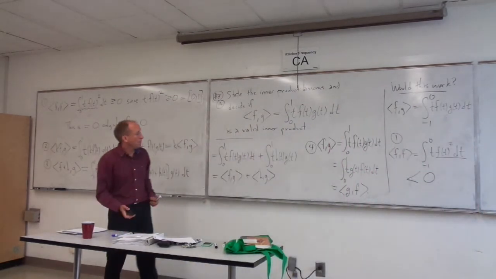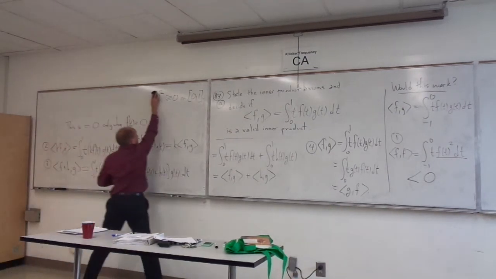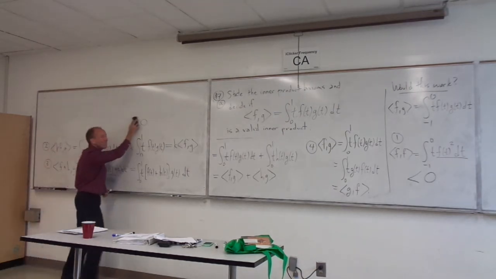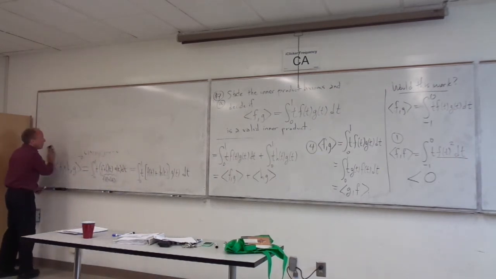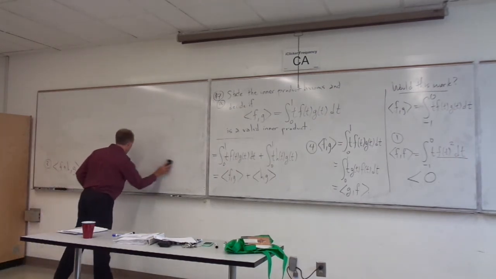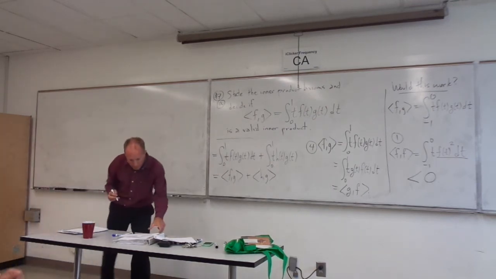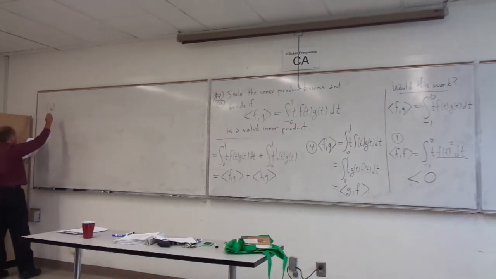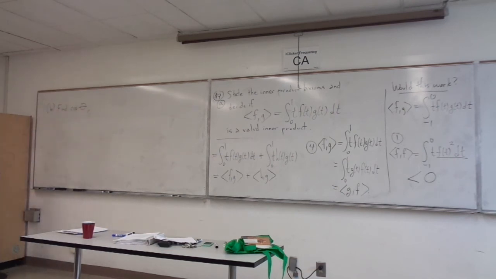So, but anyway, this one does work. So therefore, since it's an inner product, now of course I have a part B to the question, because we can use the inner product now to answer some other questions. So let me give you part B of this. Part B says, find cosine of theta where